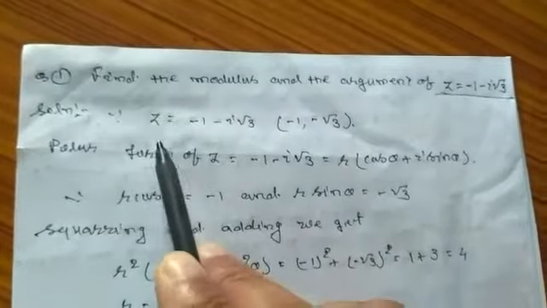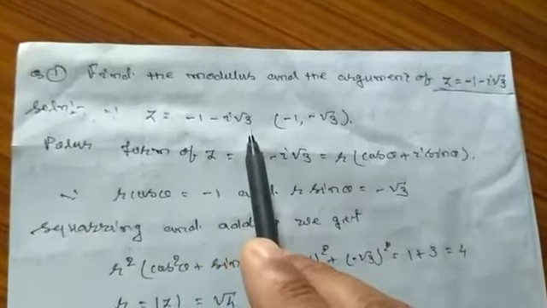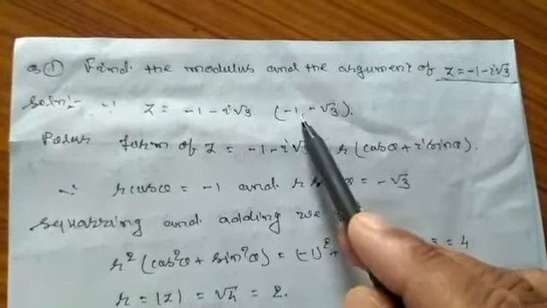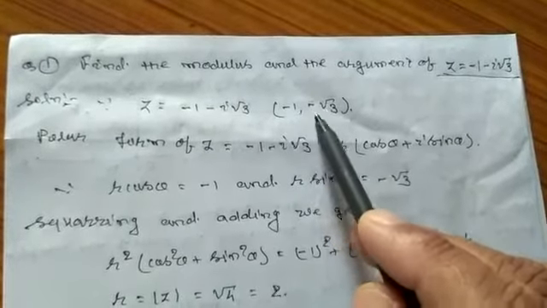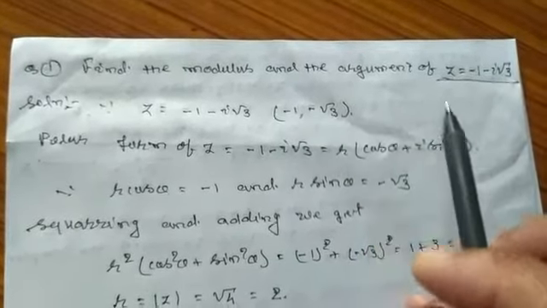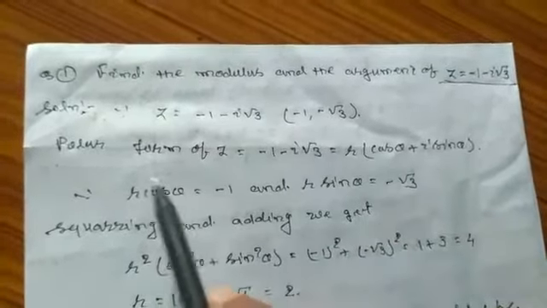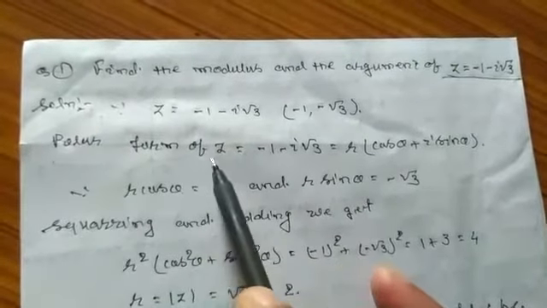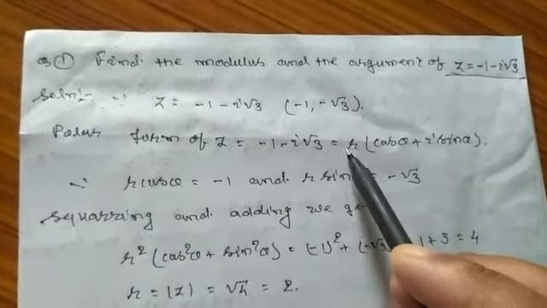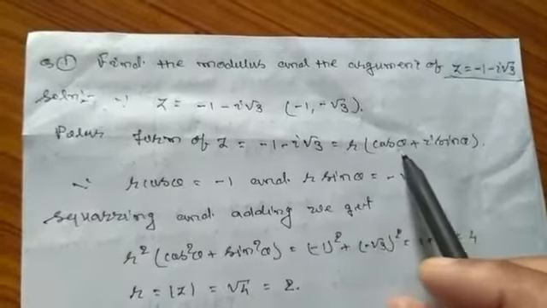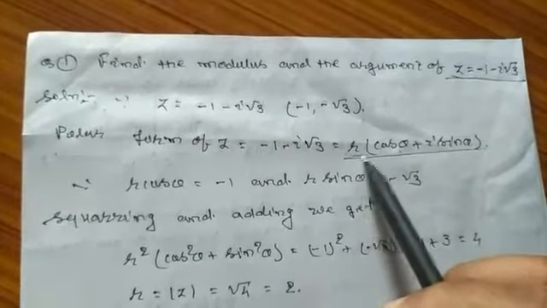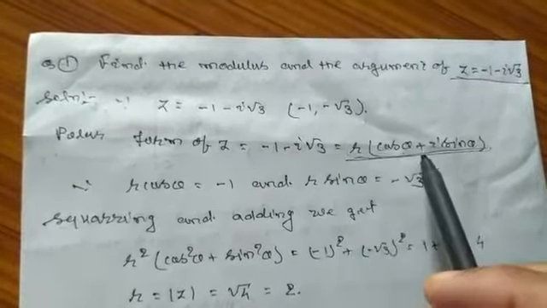Let's see its solution. Let z equals -1 minus i root 3. Its ordered pair is (-1, minus root 3). That is, -1 is its real part and minus root 3 is its imaginary part. We have written it in the form of an ordered pair. So the polar form of z, the polar form of every complex number, -1 minus i root 3 is equal to r (cos theta plus i sin theta). This is the general polar form of every complex number. So first we write it.